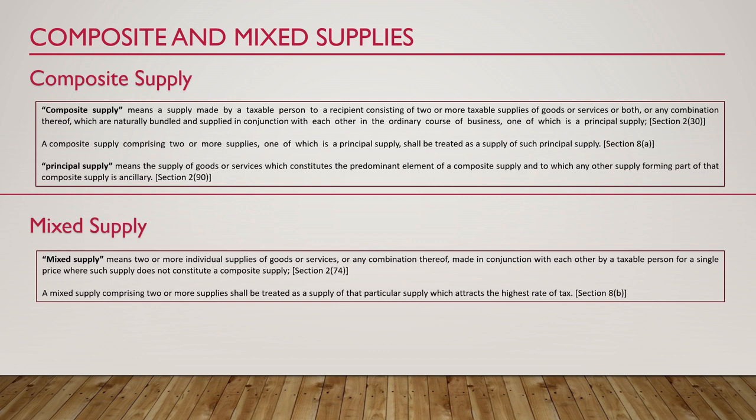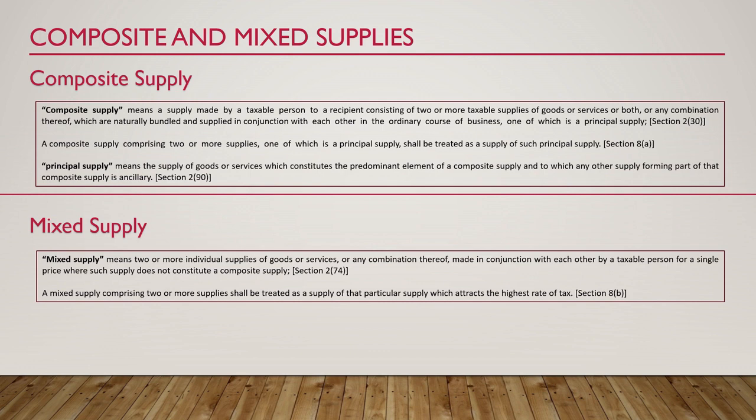Some examples I can give. In case of the printing industry, let's say I am a faculty, and I am developing the content for some course material. I intend to get it published as a book or a booklet so that I can supply it to the students. So my intention here is to avail the service of printing. I approach a printer, I give him the content, I ask him to print, bind, and then give it to me as a book. Even though the printer will be purchasing paper, boards, etc., and binding them together and providing me the end result in the form of a book, which is a good,